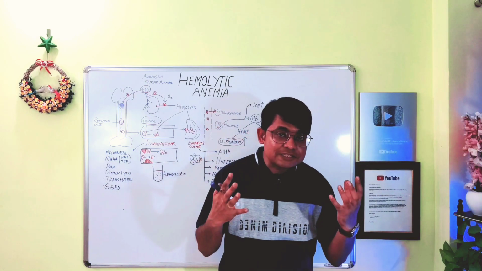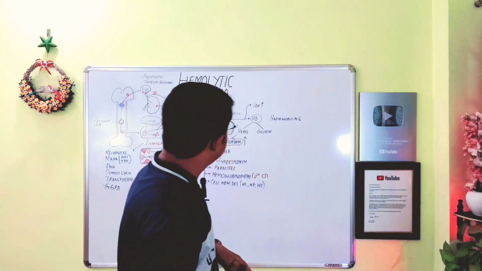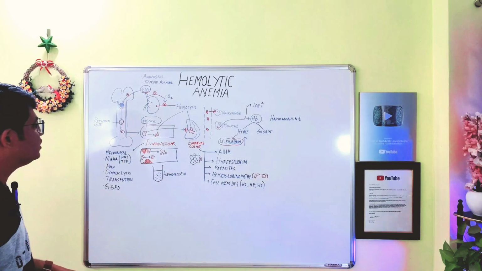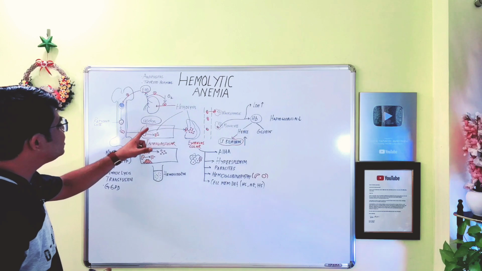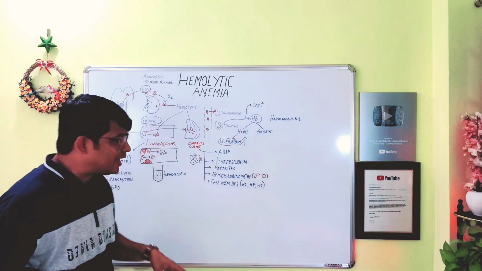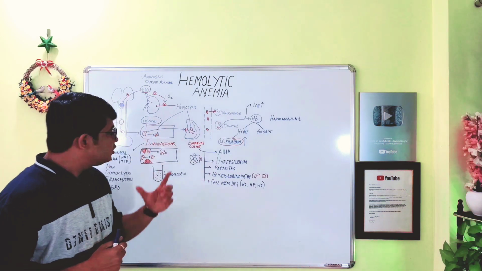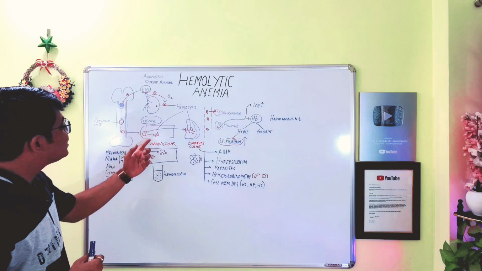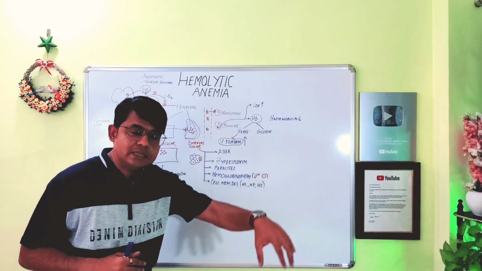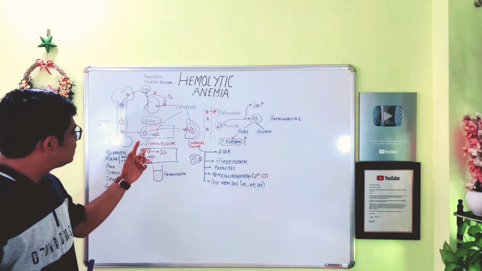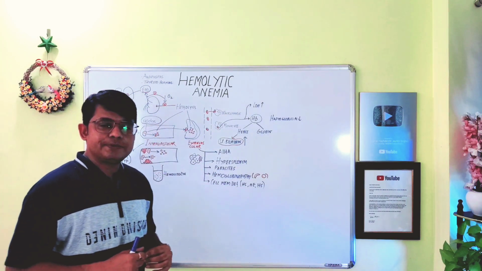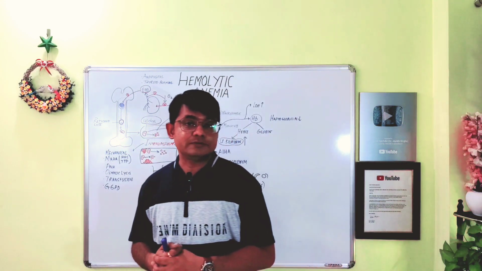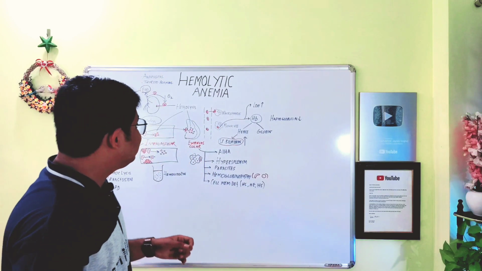So what are the differences between these two conditions? Now let's see what happens in case of intravascular hemolysis. Intravascular hemolysis means the RBC lies within the blood vessels, so there is release of the intracellular contents within the blood vessels. As a result, the hemoglobin present within the RBC is released within the circulation, and from that